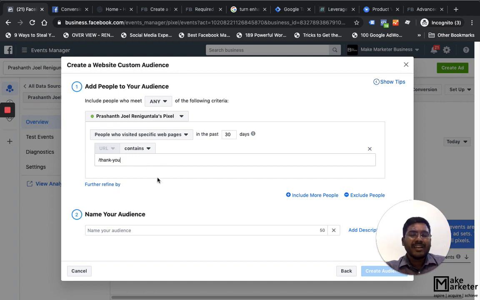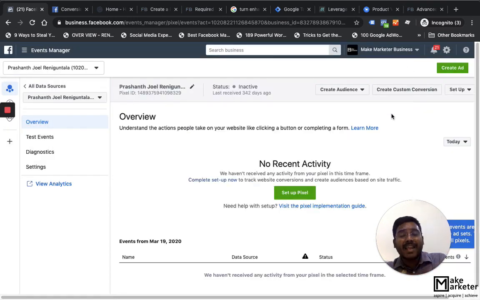So when I create an audience like this, whoever comes to my thank you page, this bucket will be able to capture it. But the problem with such an implementation is that whoever comes to my thank you page, irrespective of where they're coming from, they might not be coming from Facebook ads, they might be coming from YouTube, Twitter, Quora, LinkedIn, wherever. Anytime people happen to visit the thank you page, this bucket will capture them, right? But I don't know how many of those people who visited my thank you page are coming from Facebook ads, right? So this bucket is not going to help you. That is why you have to implement the Facebook standard event,